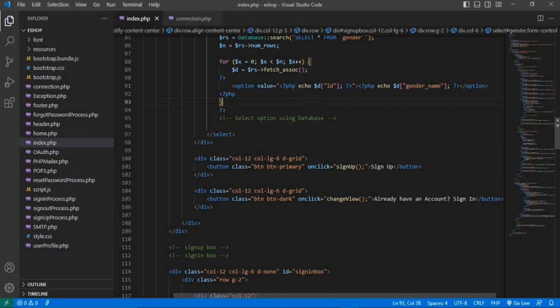Here we are creating a PHP script and echoing the ID of the result data set. We are assigning the D variable for the result set, so using the D variable we are echoing the ID, and using PHP,